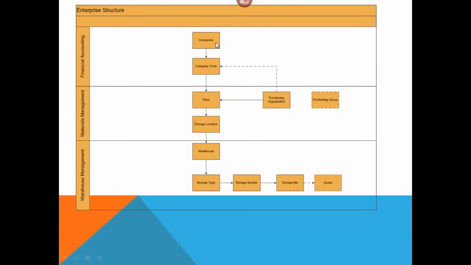If your business is managing a warehouse, then we also create warehouse, storage type, storage bin, section and quant. So everything will be set up at the initial stage. This is purely a configuration. When we set up a configuration, it is all creation and assignment. Then we will go